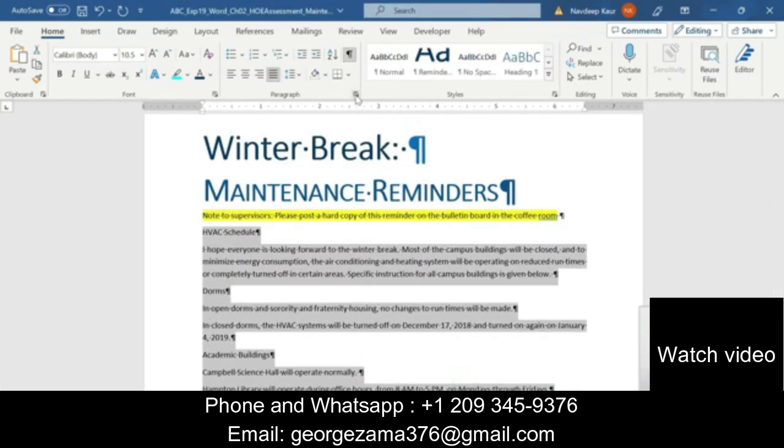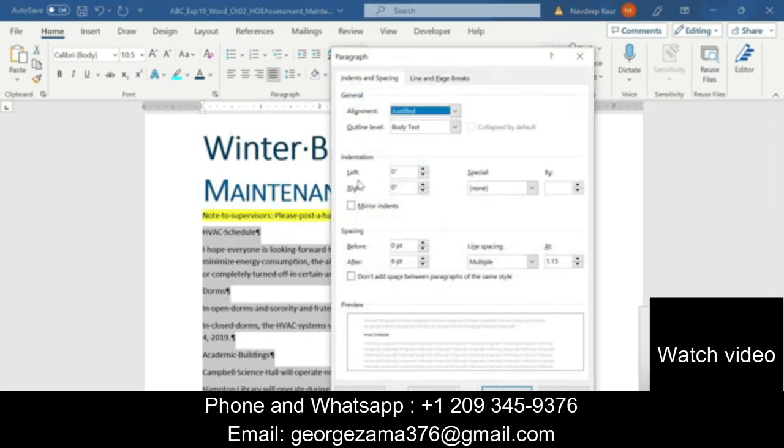So again we will go to the paragraph setting, and you can see first line indent from here. So select first line indent. You can see that alignment is justified, 6 point spacing after the paragraph, first line indent, and 1.15 line spacing. So that is all required in this step.